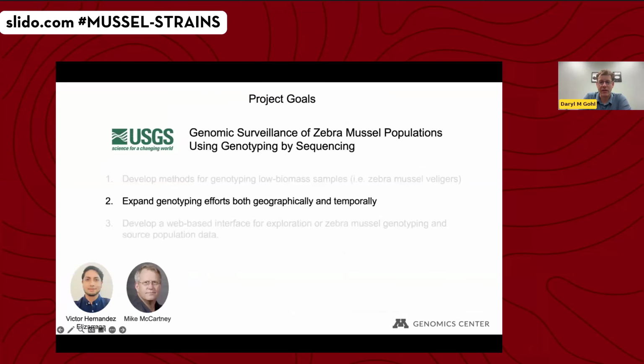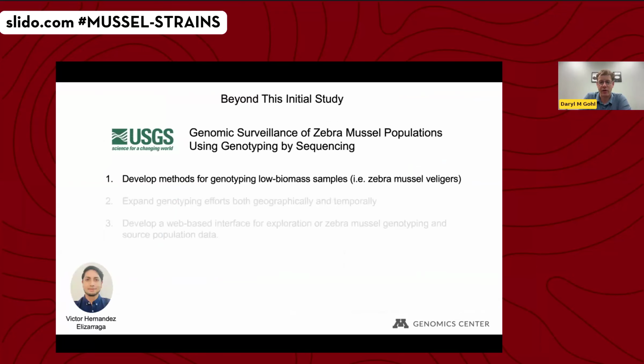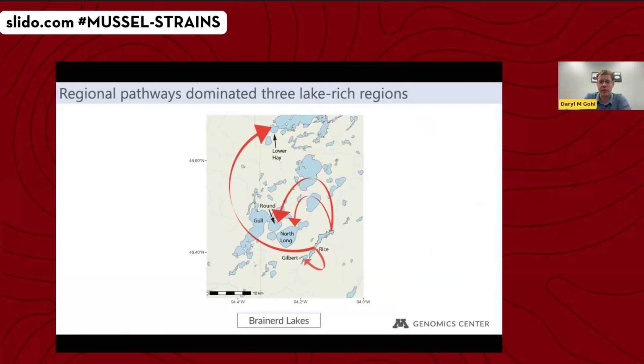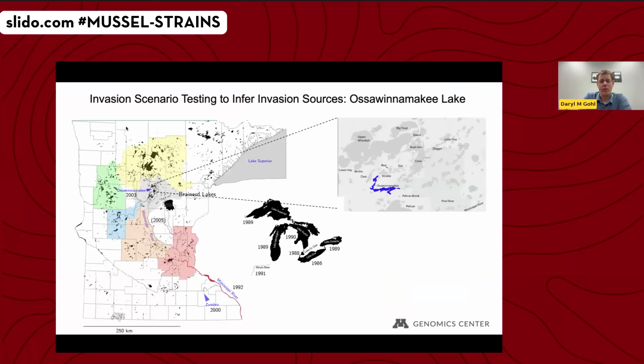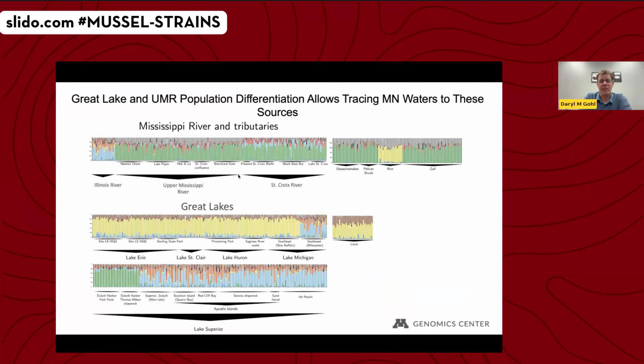So we can basically look at those ancestry plots, which will give you a good sense of the relatedness. Here's the Mississippi River, like I was saying. We have these five or six different sites throughout the Mississippi. You can see that they all look very, very similar to one another. They have this kind of green and gray and red dominated ancestry clusters.